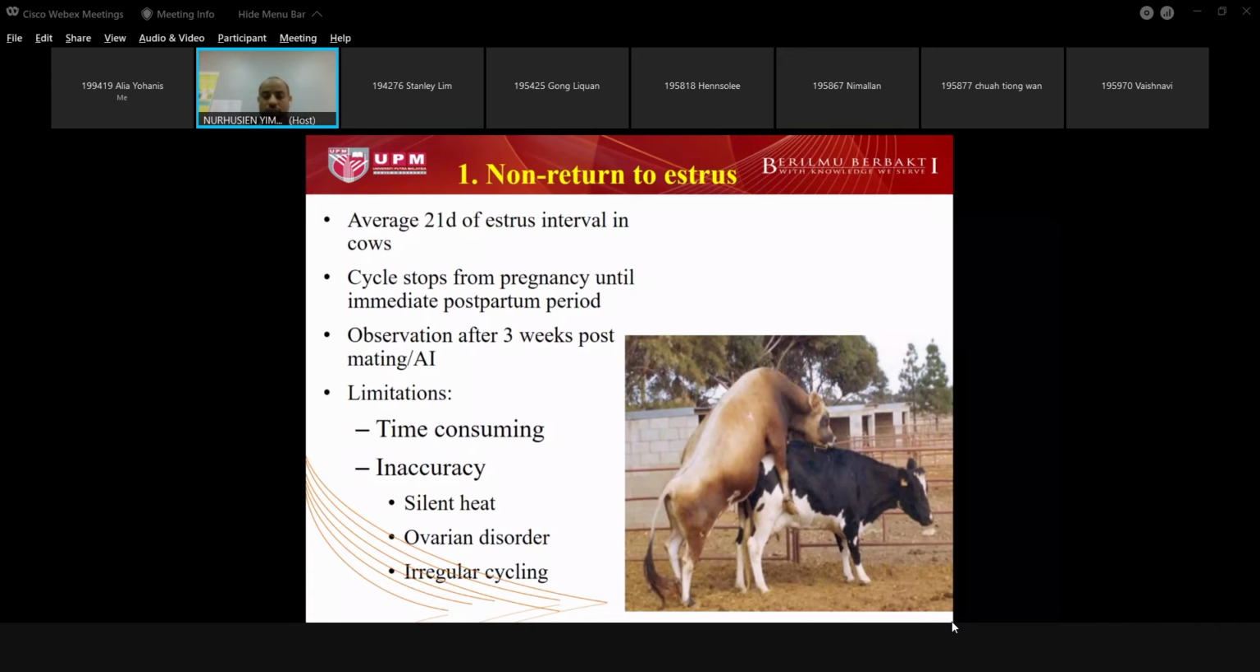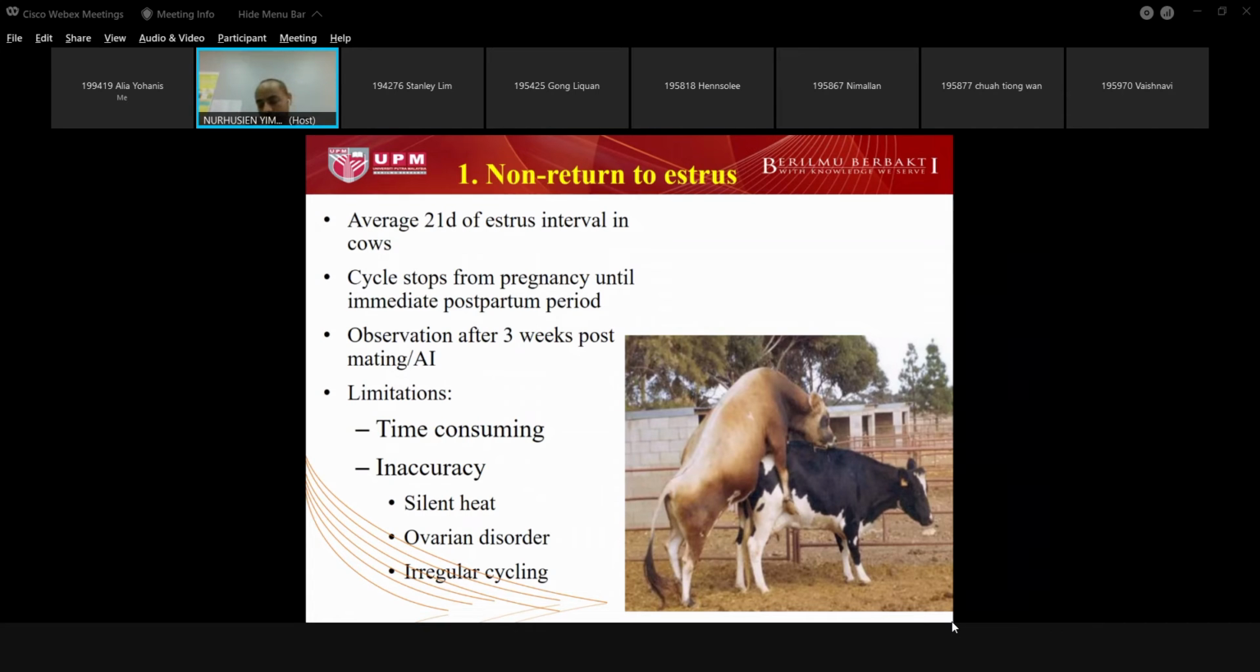And then after 21 days, if this cow doesn't come back to show heat, we understand that this cow is already pregnant. Because of the pregnancy, there will not be any resumption of another cycle. All right, so this is one of the methods of pregnancy diagnosis that can be used, but of course with several limitations. It's not a very accurate method, and the inaccuracy is due to many other